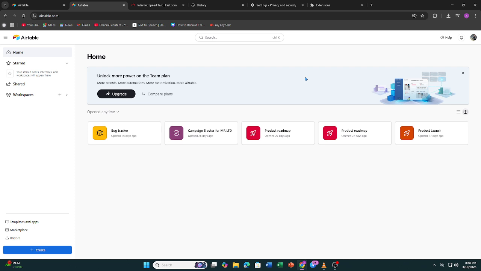And that's it. Most Airtable base loading problems can be fixed by refreshing the page, clearing cache, switching browsers, or updating